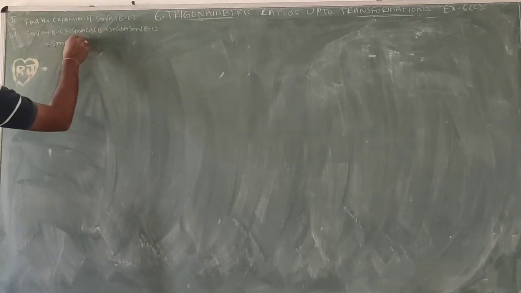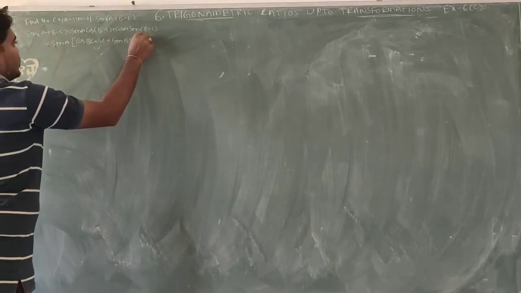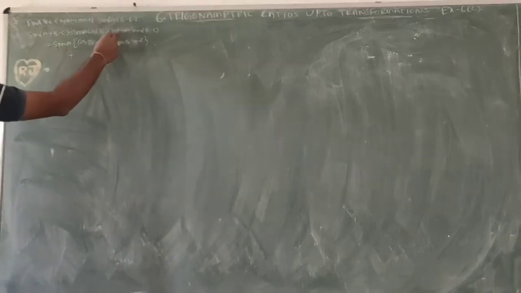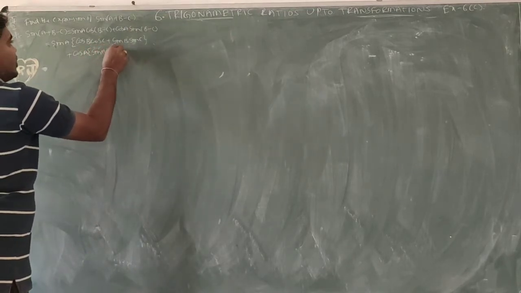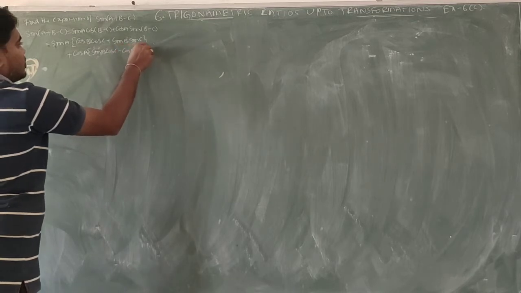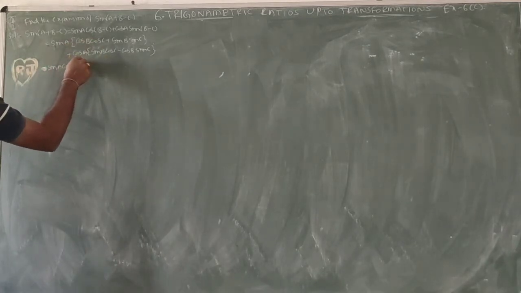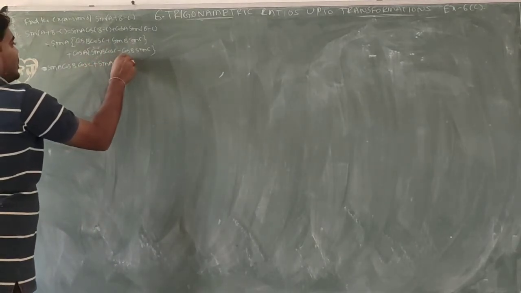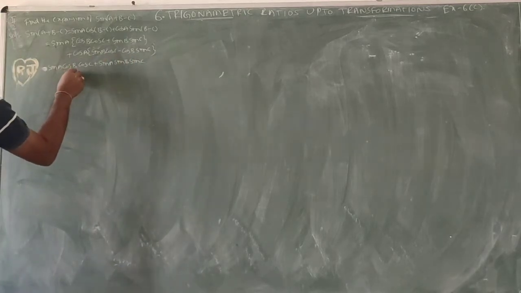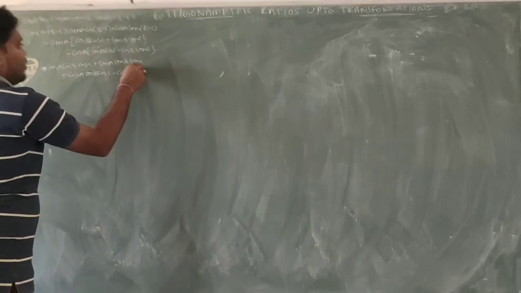cos of A minus B formula: cos B cos C plus sin B sin C, plus cos A, sin of A minus B formula: sin B cos C minus cos B sin C. Okay, now I am multiplying sin A with these two terms: sin A cos B cos C plus sin A sin B sin C. Next plus cos A sin B cos C minus cos A cos B sin C. This is the required result.